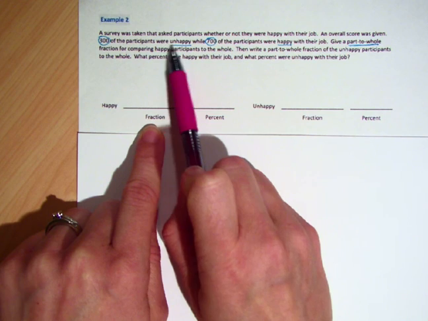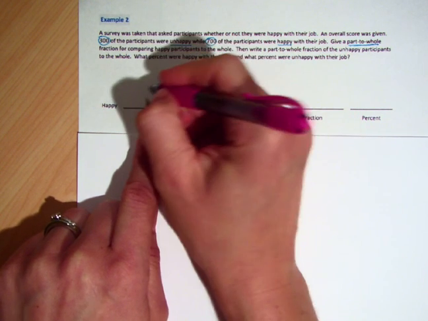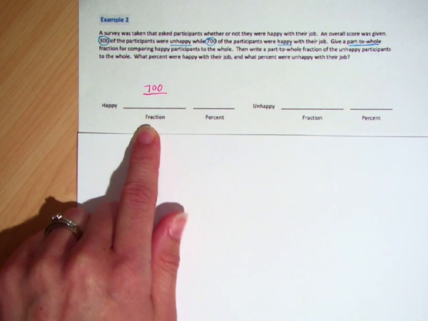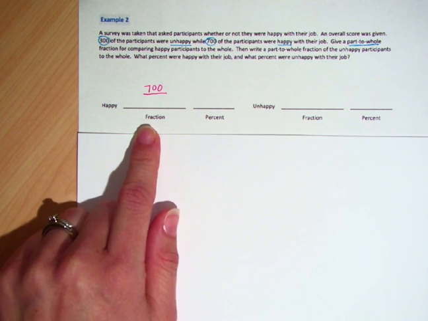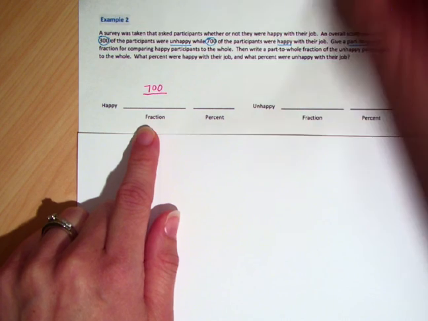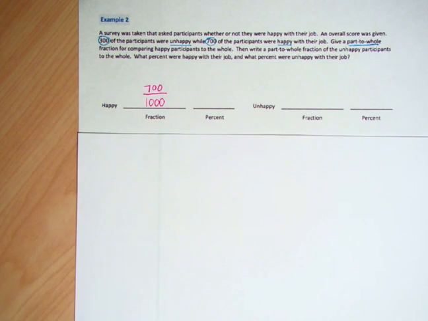These were unhappy. We have 700 happy. So 700 is going to be my part per whole. So I need to know how many total there were. So how many is my whole? Let's see. 700 and 300 makes 1,000. So we have 1,000 total